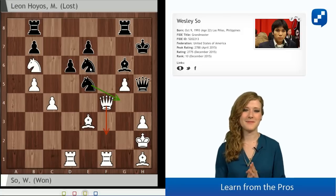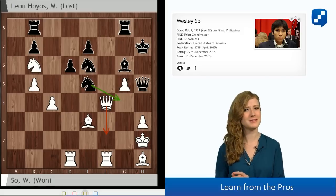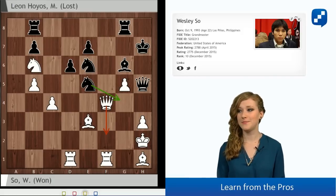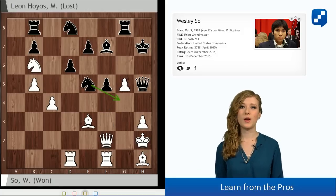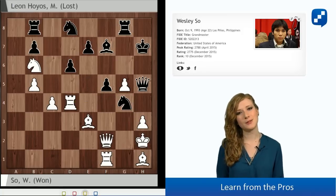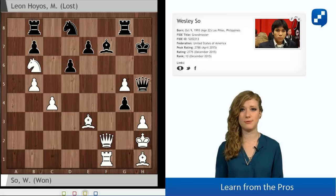Let's not win material if it means that you activate the opponent's pieces so much. Don't improve the opponent's pieces, improve your own pieces. And that means that after knight g6, knight check, takes, knight e5, what white should do is rook d4. And it doesn't matter that he has to give up his rook for the knight after knight g4 check, because in this position after f takes g4, he has a very strong